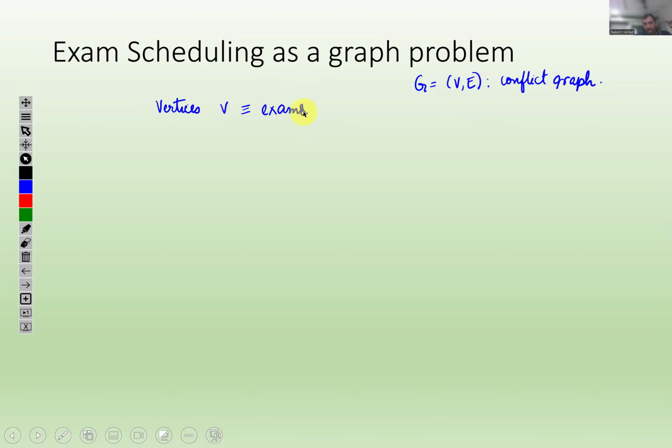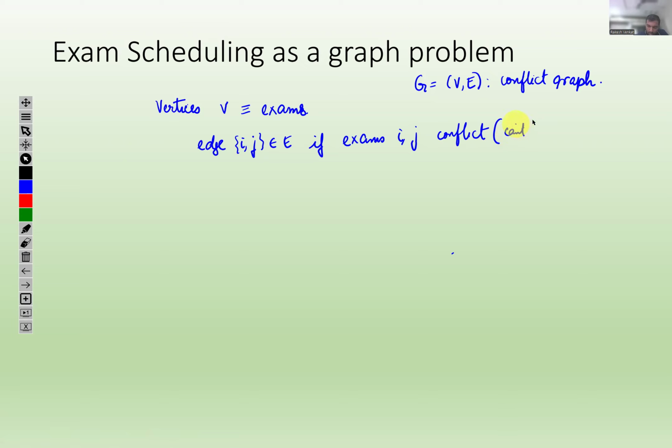And you have an edge as before if the exams i, j conflict. That there's some reason of conflict. For instance, the same student has registered for both courses. So now that you have this, what I'm asking is a slightly different question. What is the minimum number of days required? And if you draw the conflict graph as before,